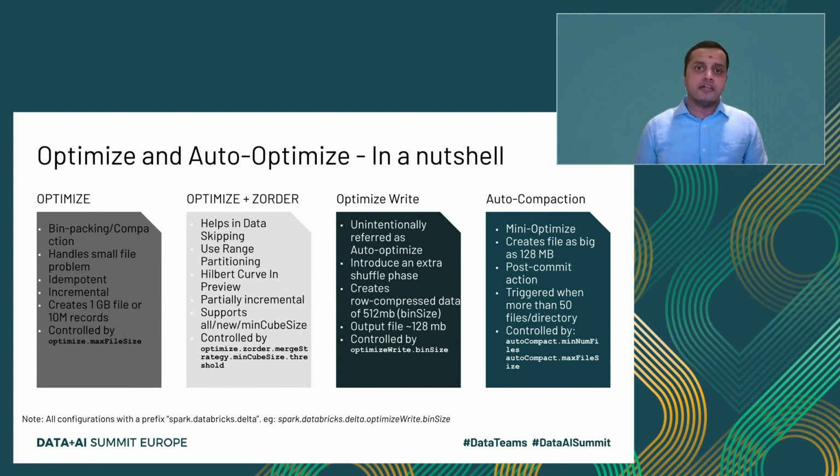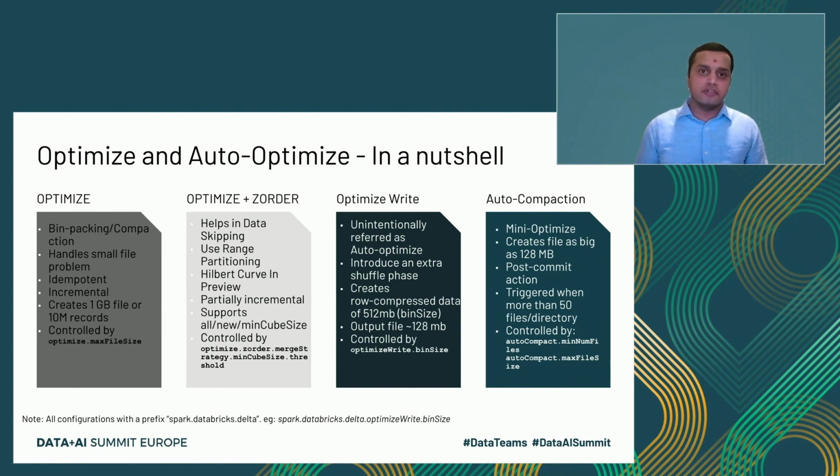We have seen that users who have optimize and Z order on their Delta table get much faster read queries. And unlike the normal optimize operation, Z order is not idempotent. Say you have a Delta table, and now you run an optimize with Z order. It will pick all the existing files and rewrite those into optimized files. These optimized files are tagged to a logical entity called a Z cube, and the maximum size of a Z cube is 100 gig.